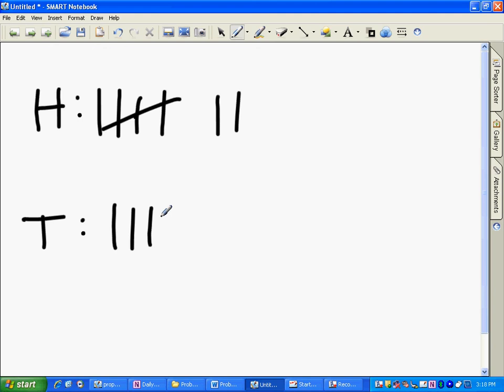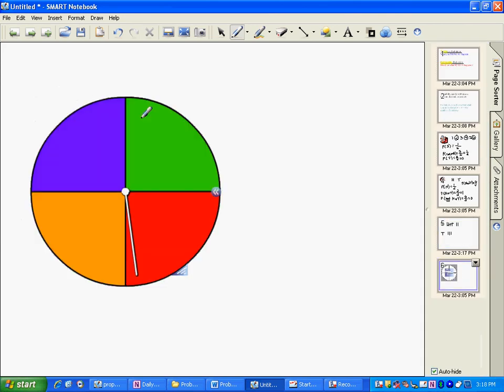And it may not be right at 50, you may have 49 and 51, but I guarantee if I flip it 1,000 times, it's going to get even closer. It's just going to get closer. Experimental probability gets closer to theoretical probability the more times you perform the experiment. Sorry, I'm getting a little tongue-tied here. So let me show you an example of that.